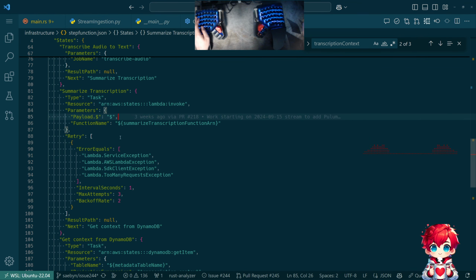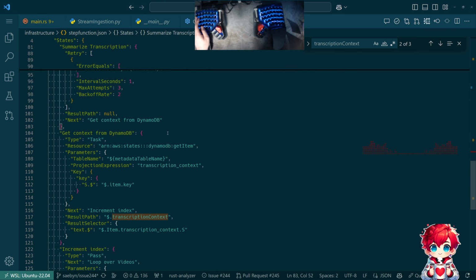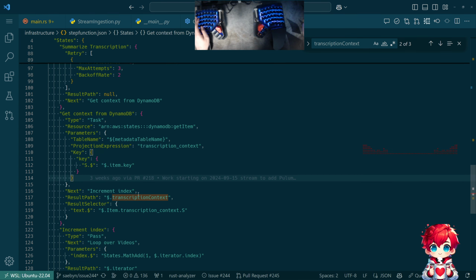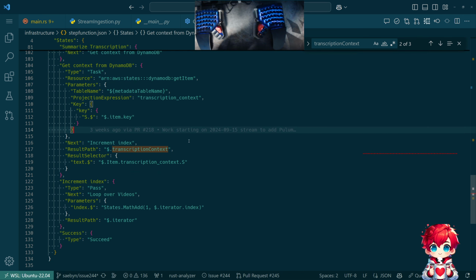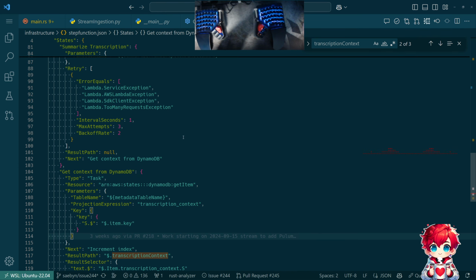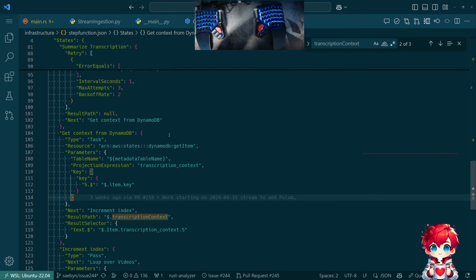Okay, so presently, when the Lambda runs, it gives back a result. We just throw away the result. We don't actually care, because we're assuming that all the information is being put into DynamoDB. And that's why here, the next thing we do is we get the context from DynamoDB, which we carry through. And I wonder if instead what we should do is